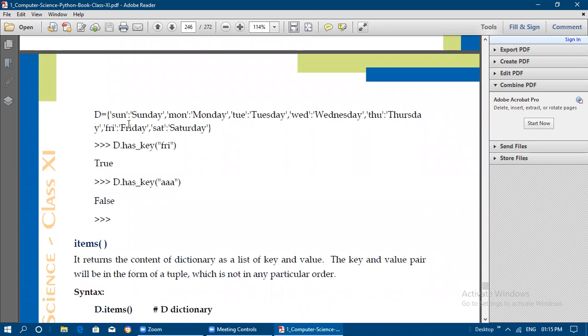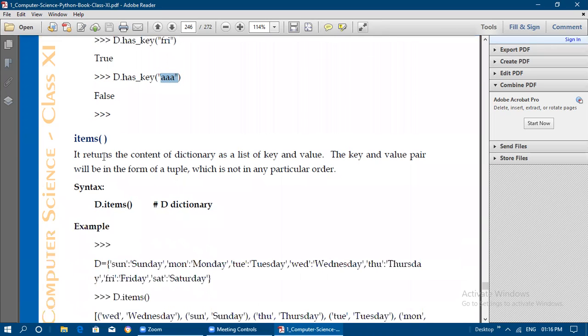Now the dictionary has Sunday, Monday, Tuesday up to Saturday, and d.has_key('FRI') we are giving. FRI is available, so it returns True. But if you give AAA, AAA is not available. Likewise, if you give TTU also, it will return False only.